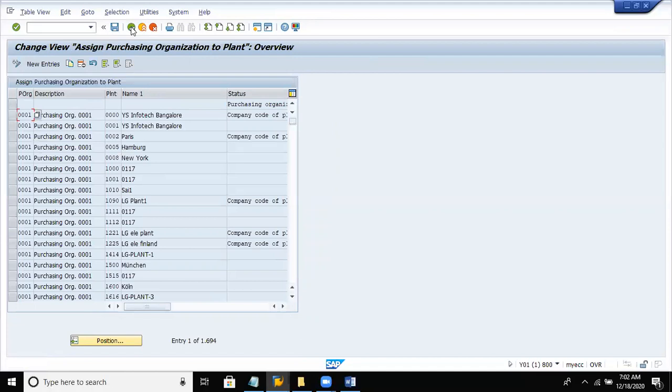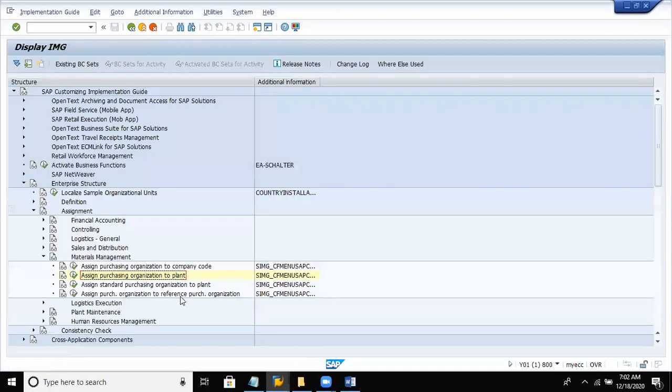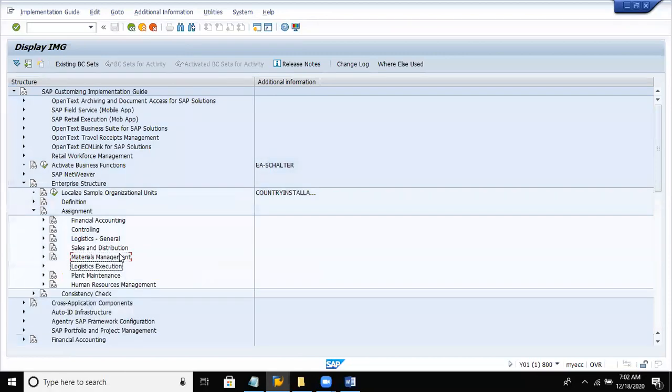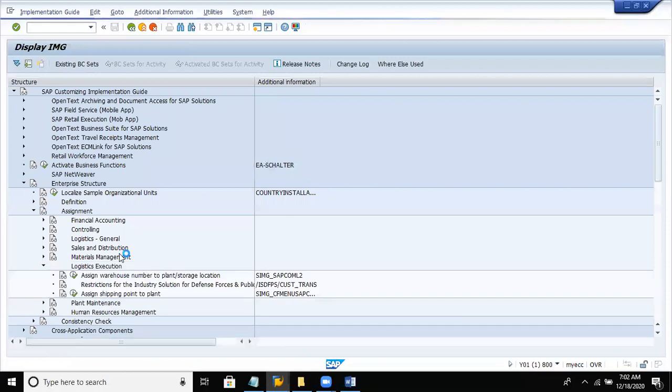Now the next assignment is in the logistics execution. Assign shipping point to plant. So here we are going to assign our shipping point to plant.